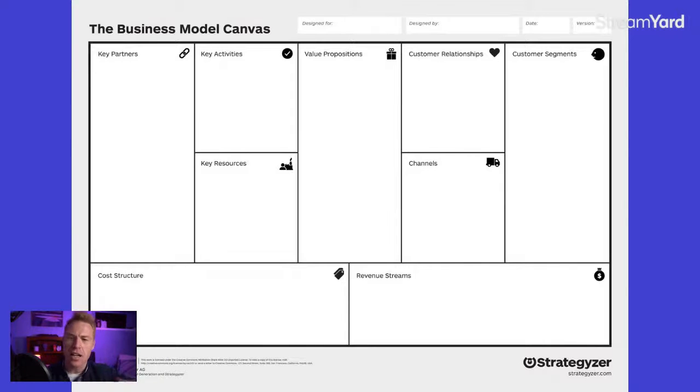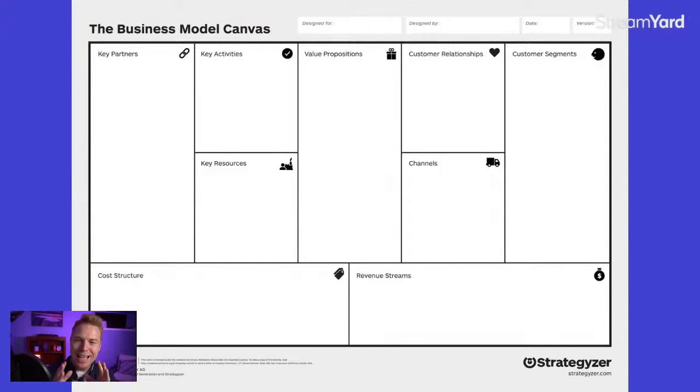Of what actually is going to cost you money. What do the buckets look like that you want to put that stuff in? Okay, so that's the 9 boxes, and that's a lot of stuff. But the big picture is if you split the business model canvas right down the middle, right through that value